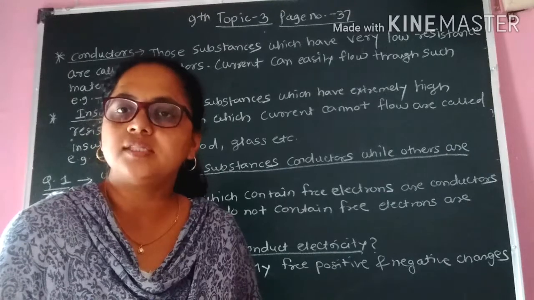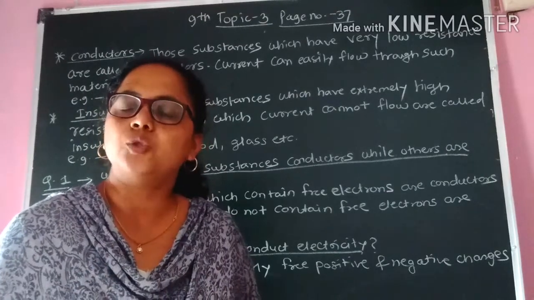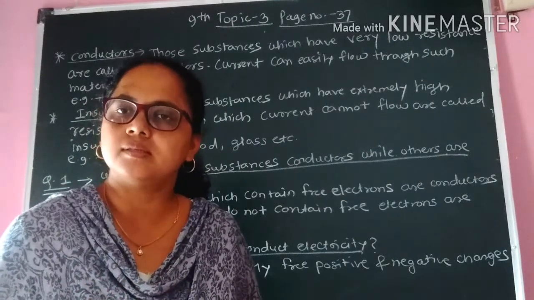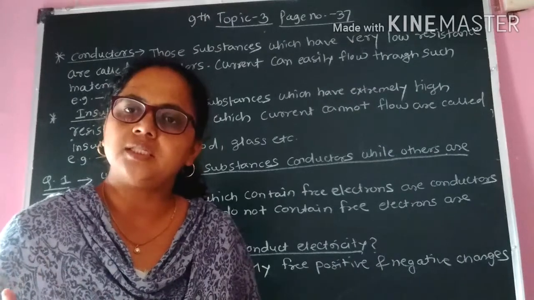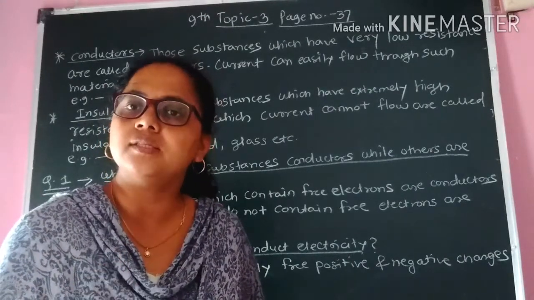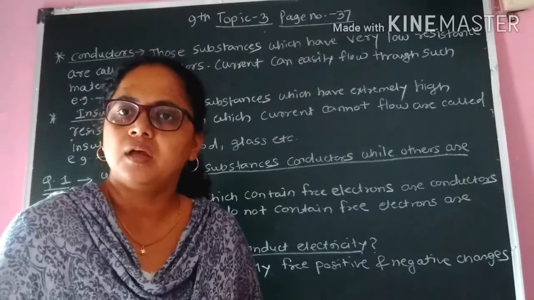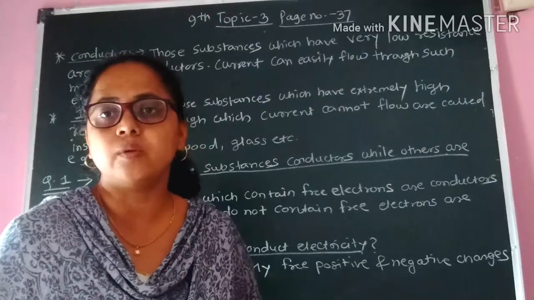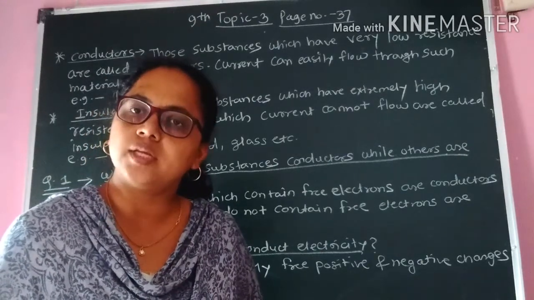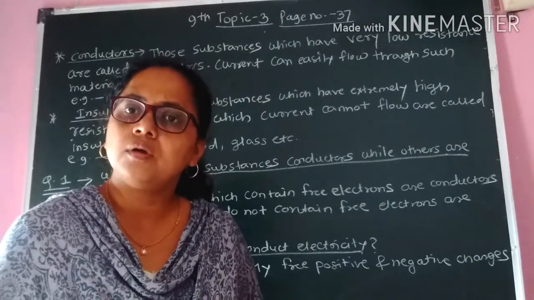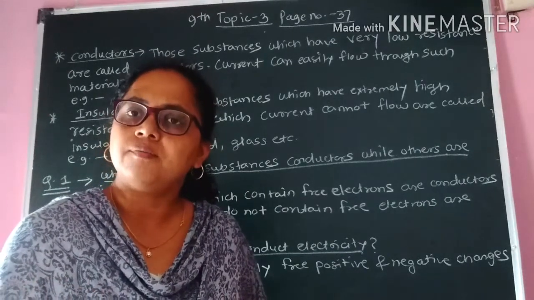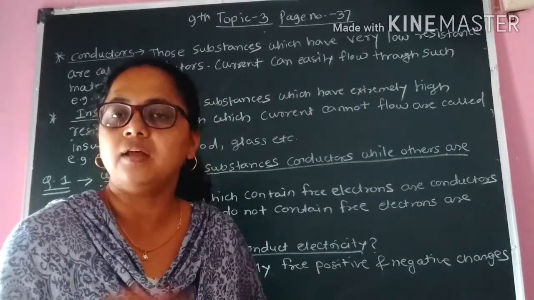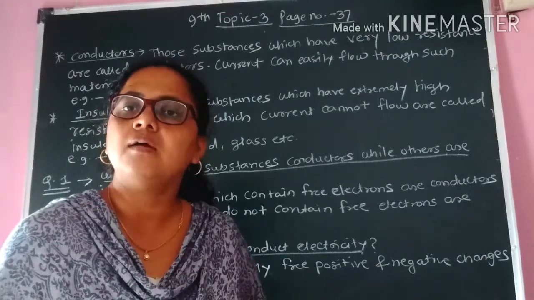Why? The reason is that our body has a digestive system, respiratory system and all the systems. During digestion, different types of ions are present in our body: sodium, potassium. These ions are also necessary for our growth. When current passes through our body, it is because of these ions present in our body.